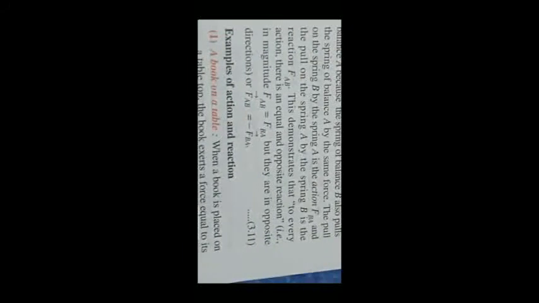Now see one. This is the same as the action of a book on a table. You can see the book is kept on a table. The weight of the book is acting downwards, and the table in return is giving the reaction upwards. Both are balanced, so neither the book nor the table moves. That we have already seen. Okay.